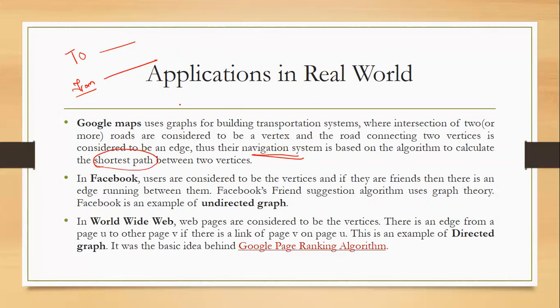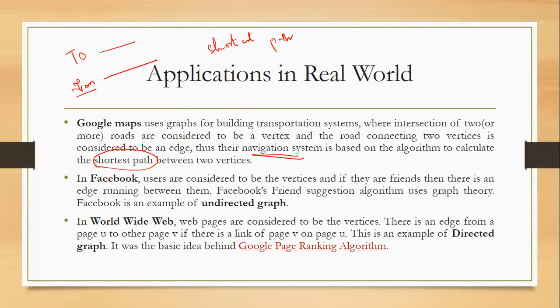So if you want to go anywhere, you always look either for the shortest path or the path which takes the shortest time if there is traffic on a given path. This kind of implementation is done by graphs to find the navigation route. Also, the vertices and edges are created in such a way that Google Maps always makes sure to give optimal results. So for such kinds of problems, we use graphs.